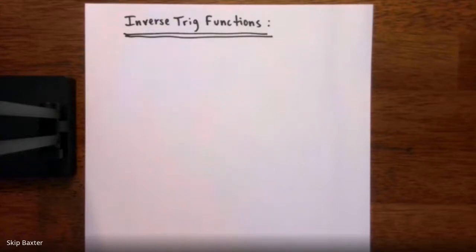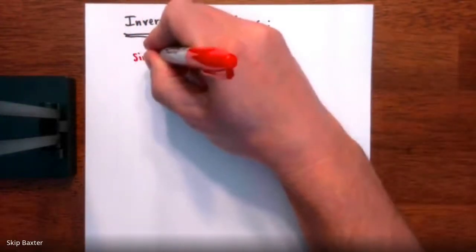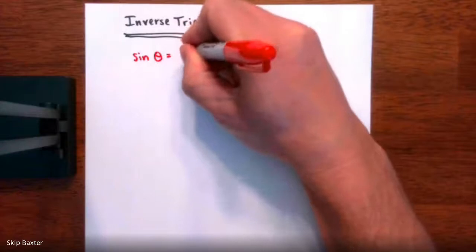It's on inverse trig functions, okay? So the whole idea here is instead of finding a trig value, they're going to give you a trig value and ask you to find the angle. For example, if I told you that the sine of a particular angle is -3/5,